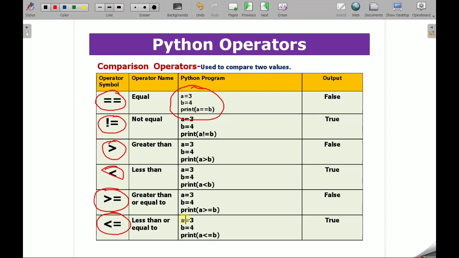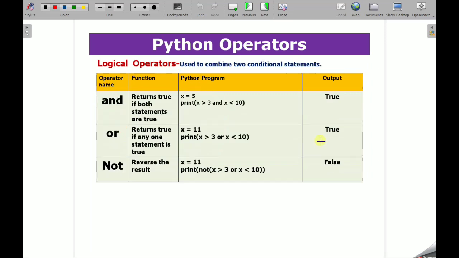Similarly, you have many programs like this. All these programs are performed accordingly, and the answers are true or false as per the situation in that particular program. So these are the comparison operators where you can apply equal, not equal, greater than, less than, greater than or equal to, less than or equal to on different variables for their values.